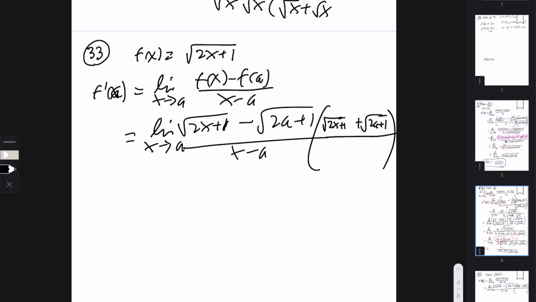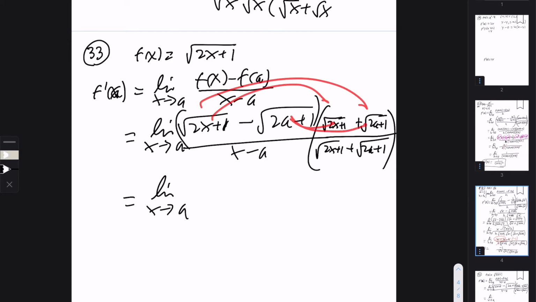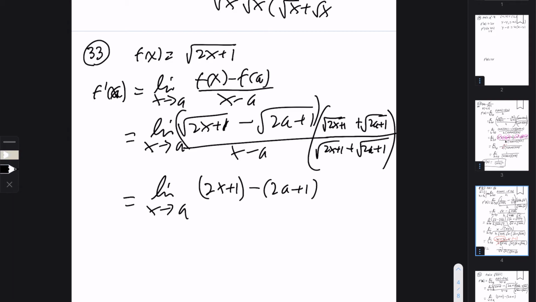That's going to be a plus and plus. And so here's the next line. Remember, you do have to distribute like that on top. If you do that, you should get 2x plus 1 minus 2a plus 1, and those should be in parentheses. And the bottom is just everything